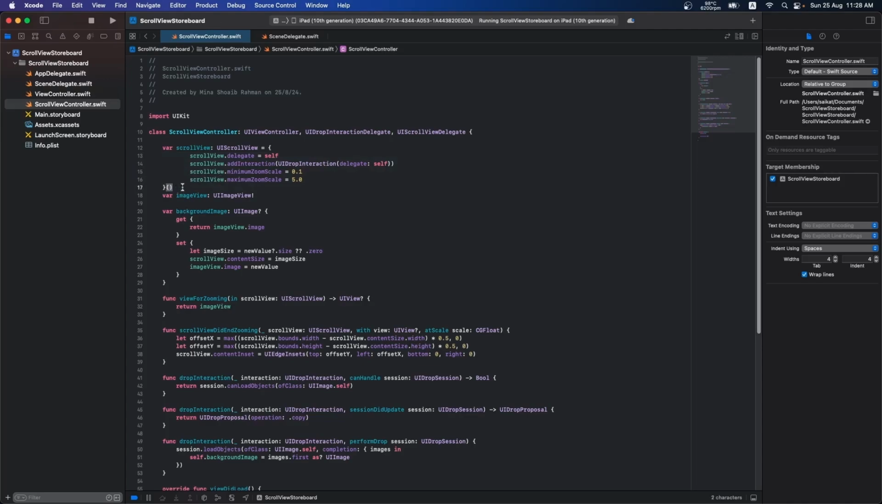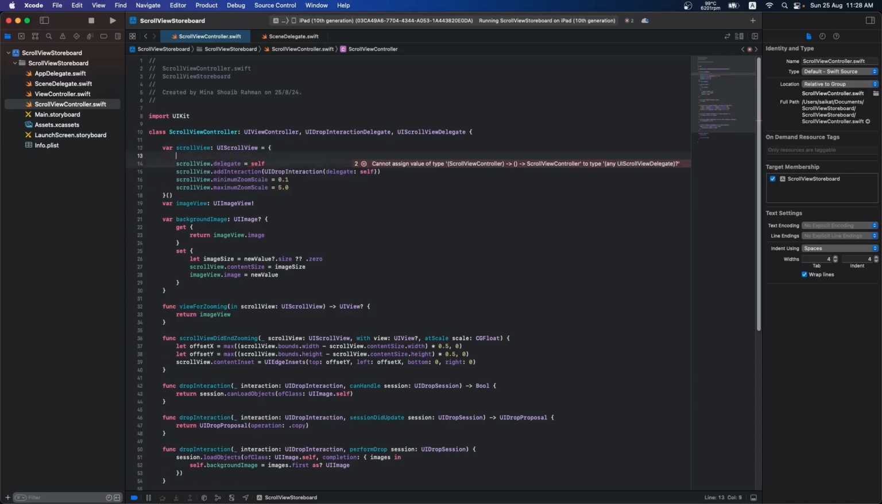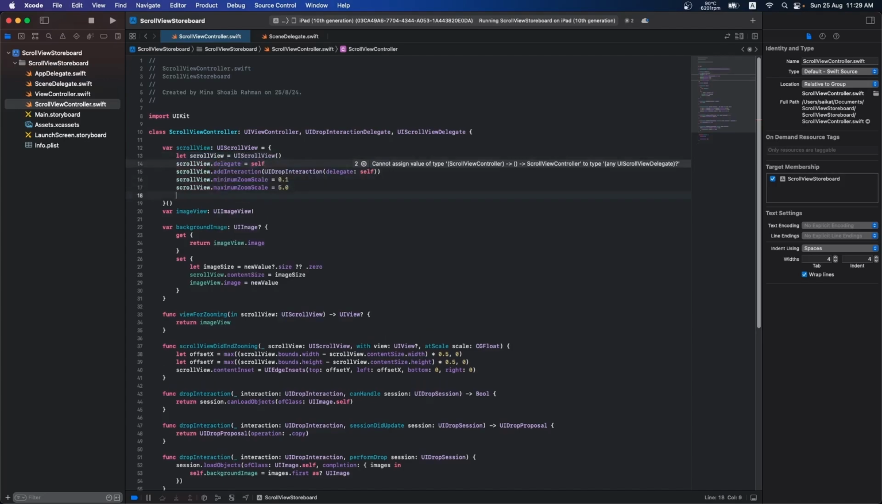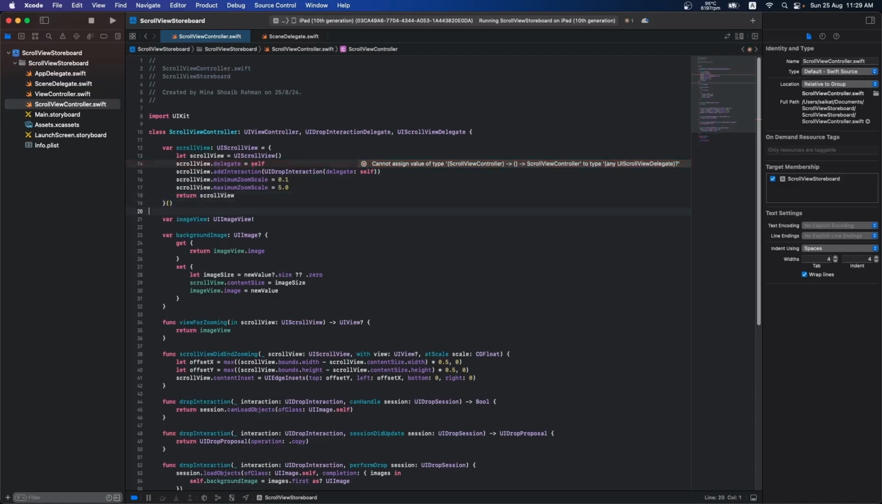This parenthesis will execute it and we'll have a new view. So let's just create a variable, just name it the same, ScrollView, and just return scroll. So we have the new variable named ScrollView created,